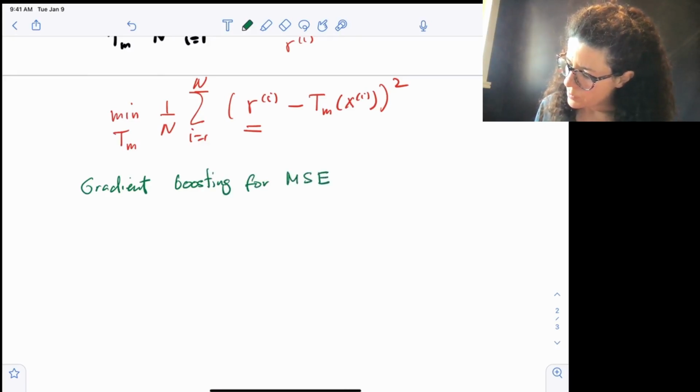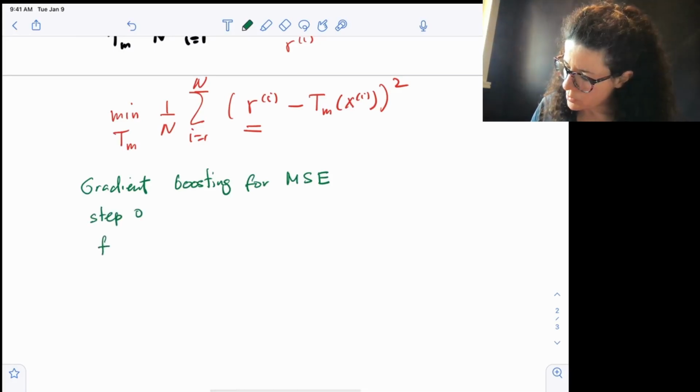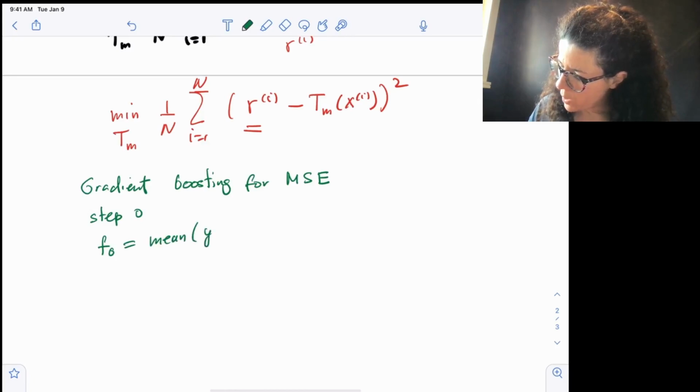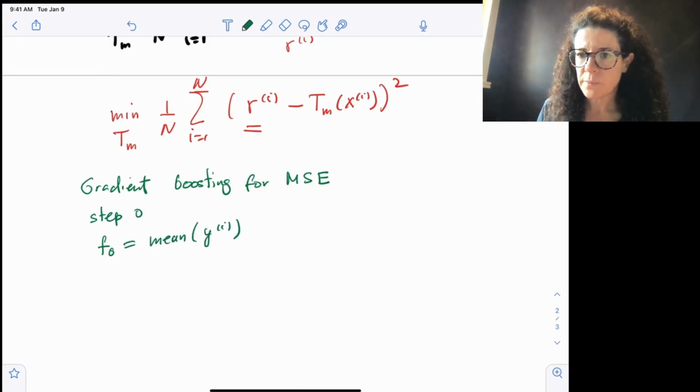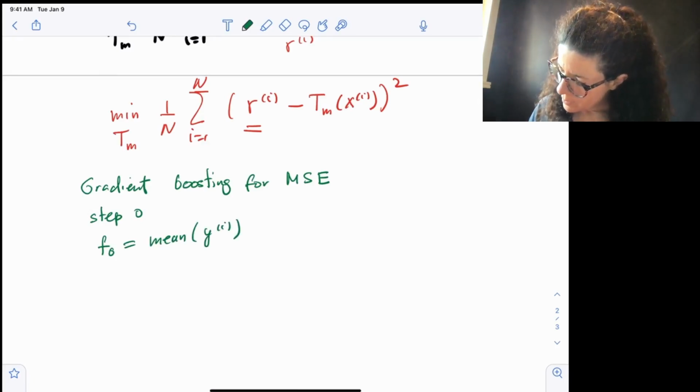First of all, step 0: compute the best constant for this loss function, which is the mean of yi, our targets. And then we have, for m equal 1 to capital M: